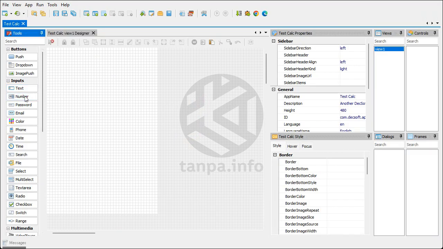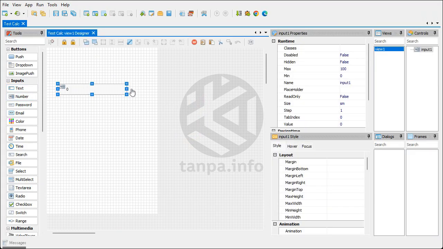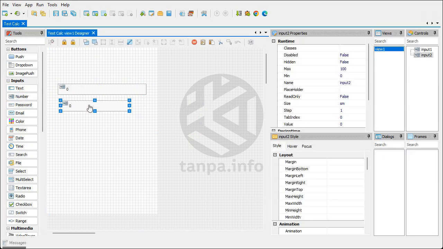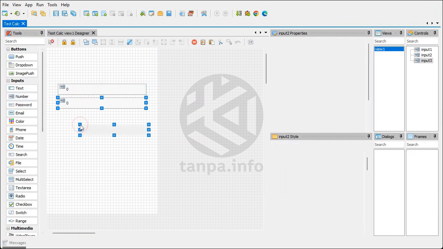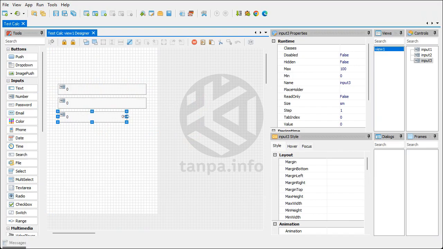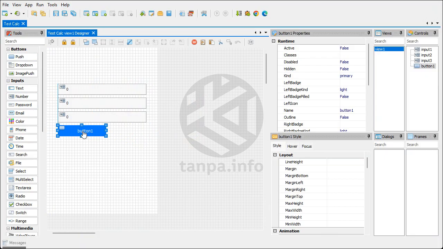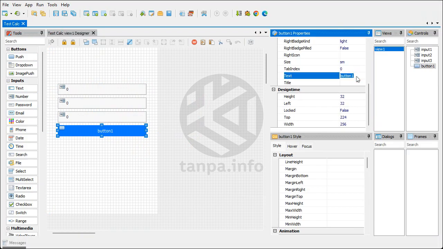From Tools panel, insert 3 input number to View Designer. Then, insert button to View Designer. From Controls Inspector, change text property of button to count.